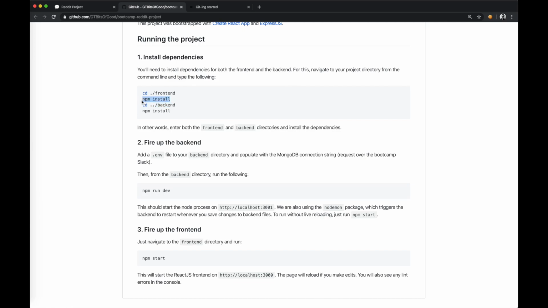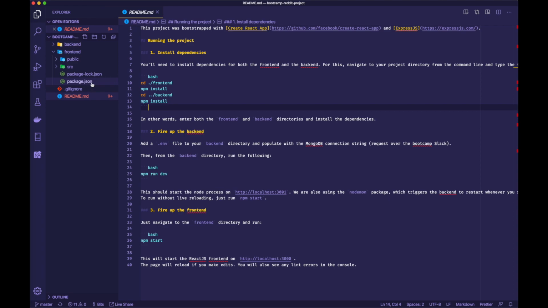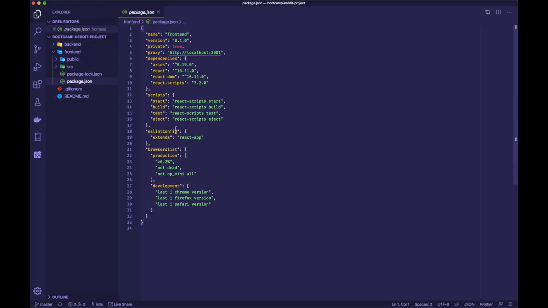install dependencies. So all npm install is going to do, if you remember correctly, is check out whatever's inside of our package.json in each of these folders. And these are basically like shopping lists that tell npm, hey, go to the npm store and download these specific packages. In this case, for front-end, we need to install React, the React document manipulation tool, and then some scripts